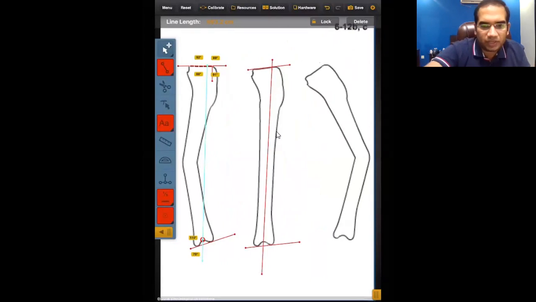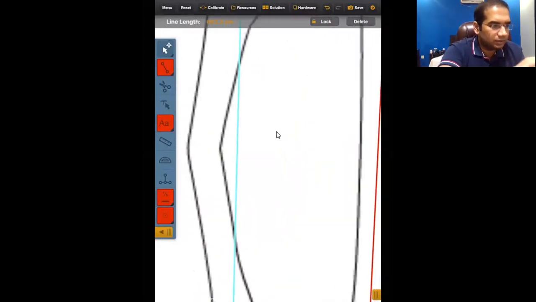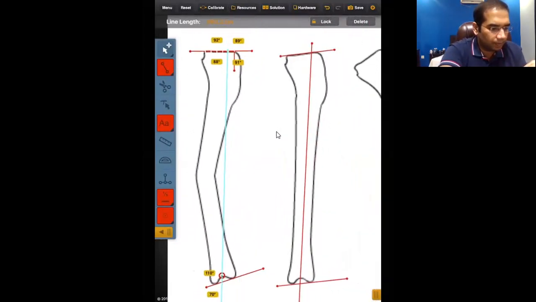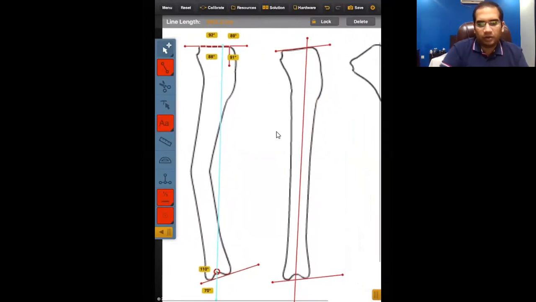And now we can see the angles. The anatomical distal tibial angle here is 70 degrees. The normal is 80 degrees, so it is 10 degrees less. So it means there is a